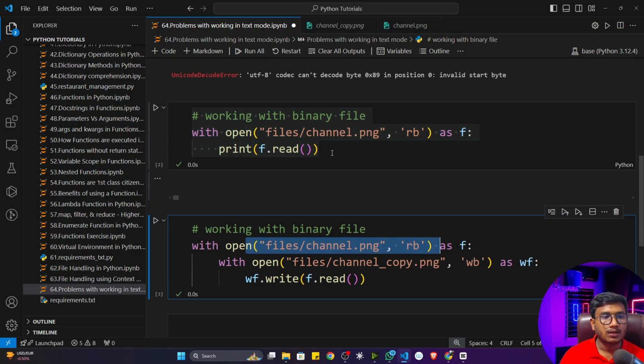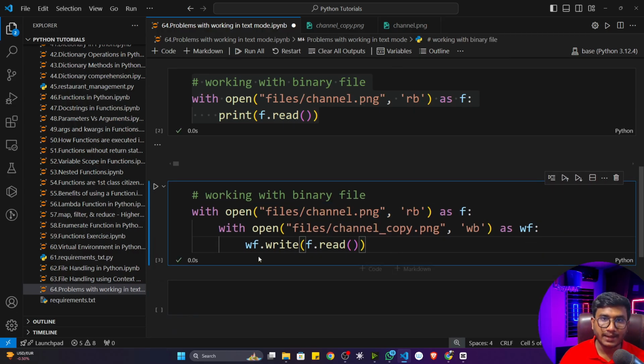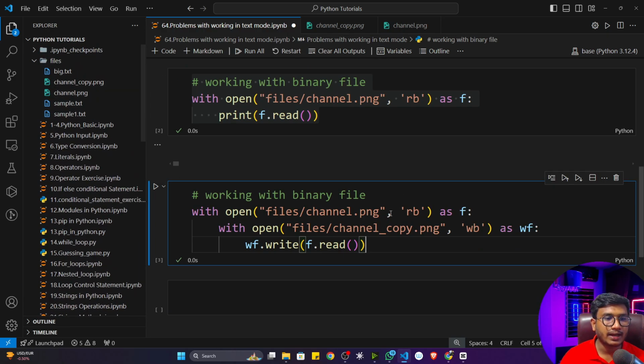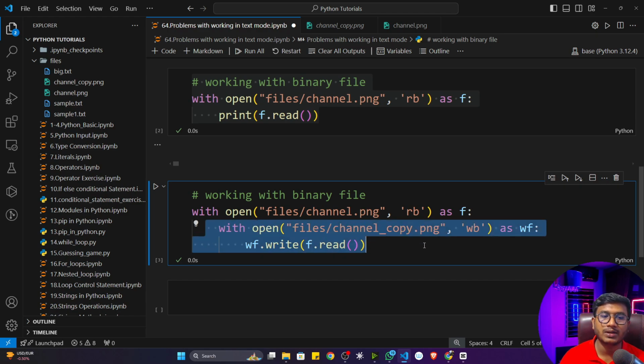Okay, but if I want to load that particular binary data, I can use this method. That means RB mode I can use. But we can't see that particular text. What is binary, that particular number, we can't see that. It's not possible. But we can save that particular object. That means we can write that particular object again.